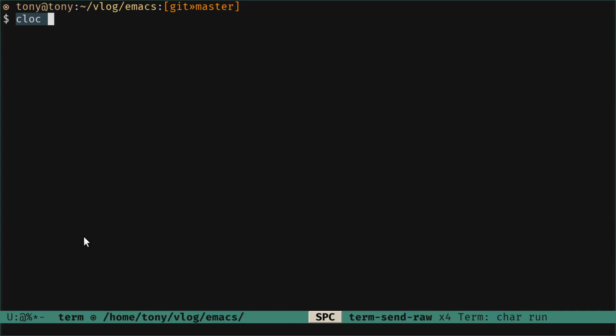It's a chance, an opportunity to learn a lot. So we are going to run cloc here to get the number of lines of code in that repository. I'm on master and I've just cloned it, so we have everything there.